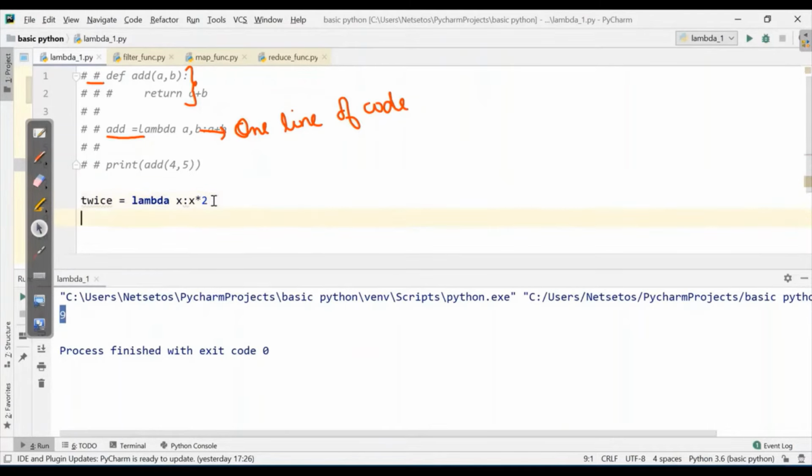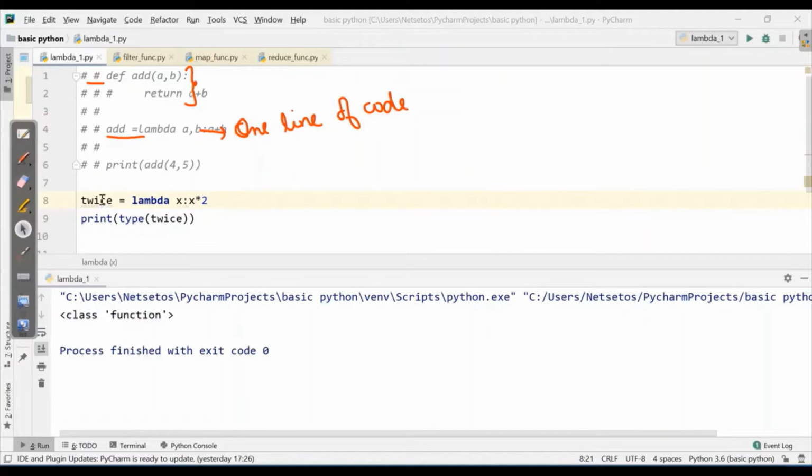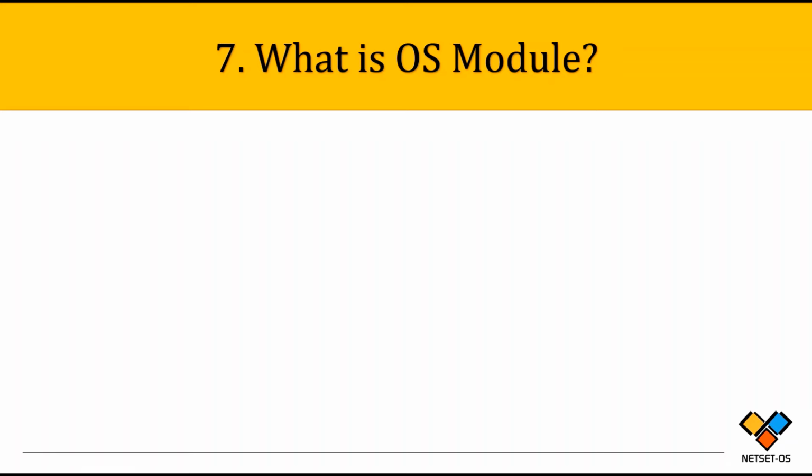So when I print the type of twice, I'll get class function, as this twice represents a function name. Now if I give twice of 5, I need to delete this type. I'll get 10.